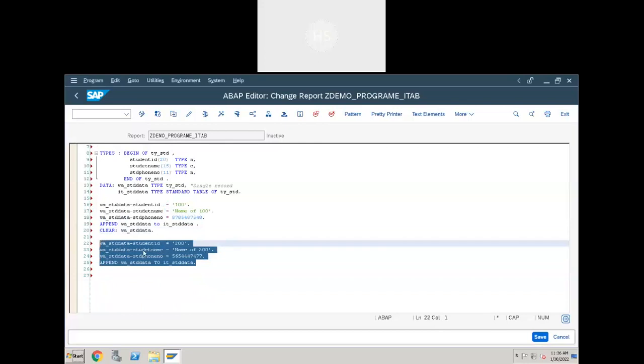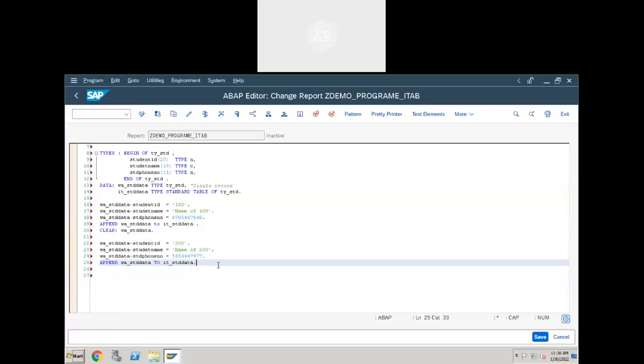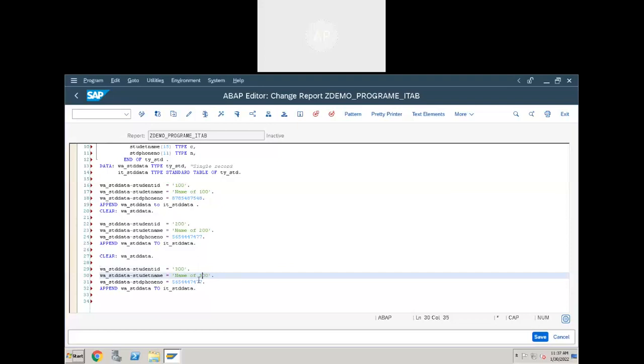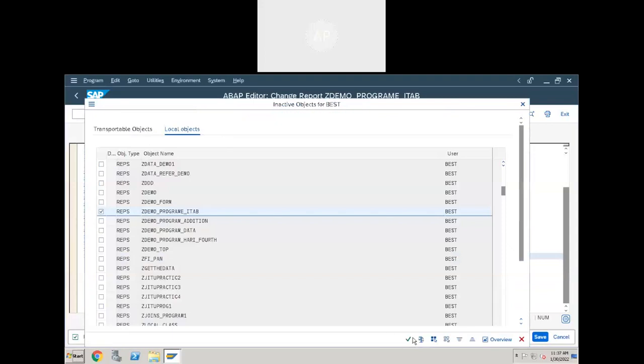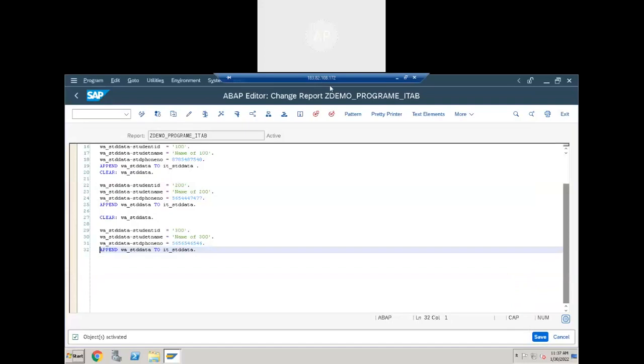Similarly, 300, some number. Add it to the internal table. So far we have added three records to the internal table, right? So we cannot directly add records to the internal table. We need to use a work area to add records to the internal table. Clear?